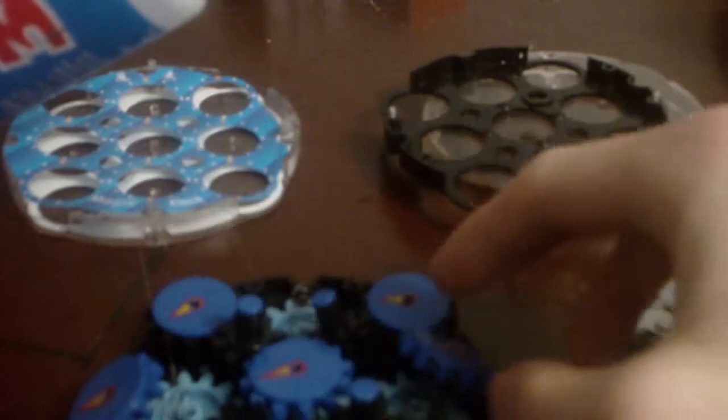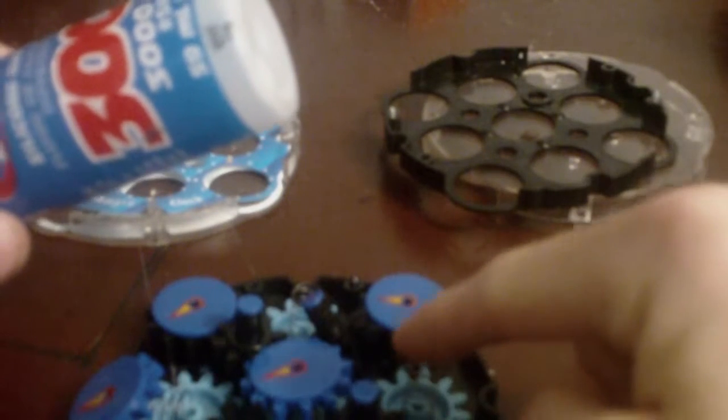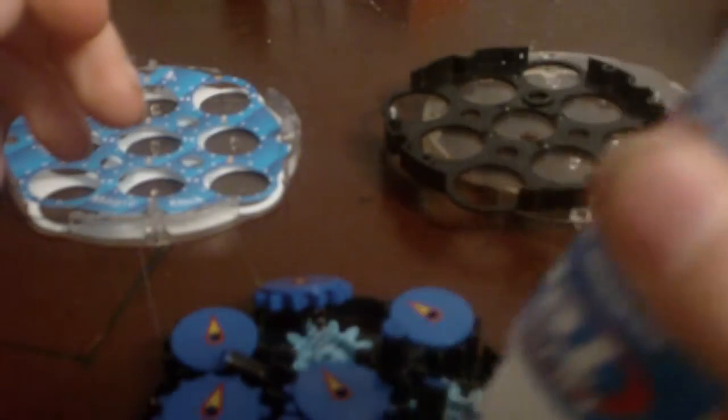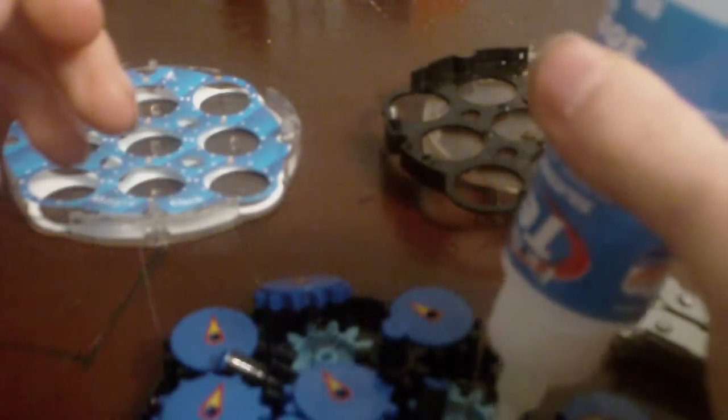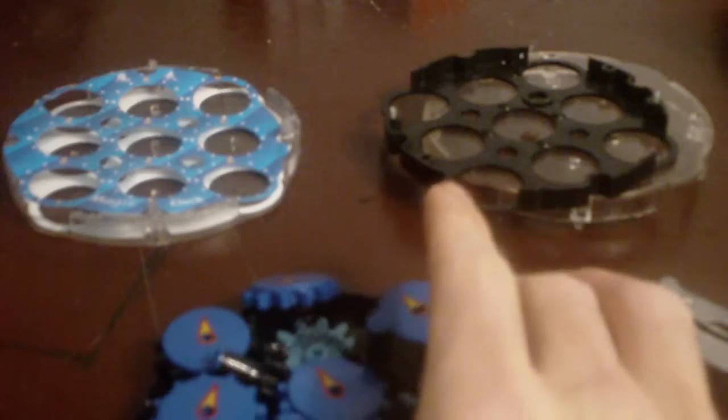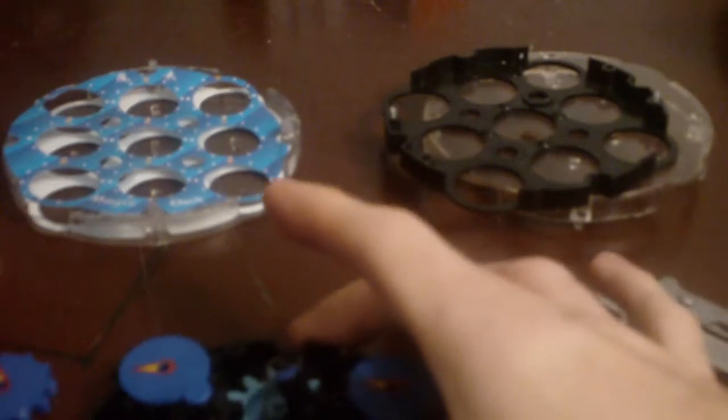Earlier when I lubed it, I took off all these pieces so that the spring is exposed right here. And then basically what I did was I dropped some lube onto the springs and then some on the bottom of the gears that are on the bottom part. And yeah, so you do that, and then when you're putting this together,